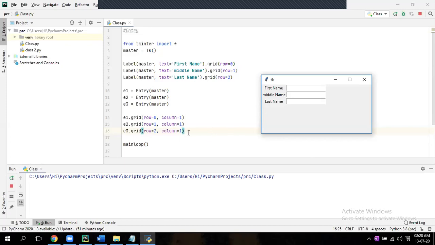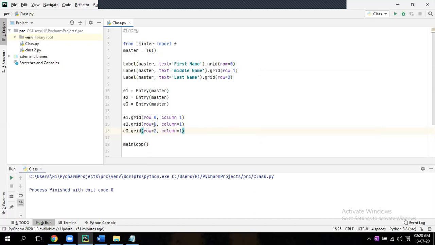You change first. Row 0, 1, 2 is there, right? You make it row 0 also. All make it 0. So it will overlap, right, sir? Let's see. Just make that 0, and there also in the label above.